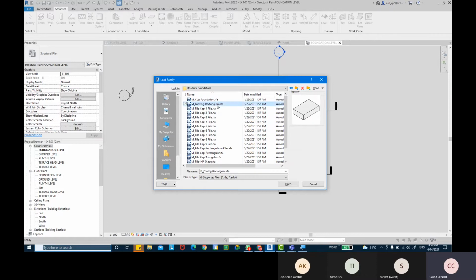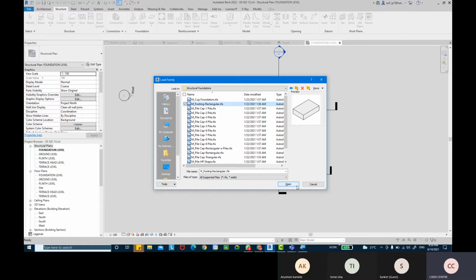Or maybe we want a rectangular footing, we can take a rectangular footing. Now there is no spread footing or step footing available. So that is something we need to create a family for. Or you can use the rectangular footing only, and you can create two different levels to create these step footings or spread footings actually.